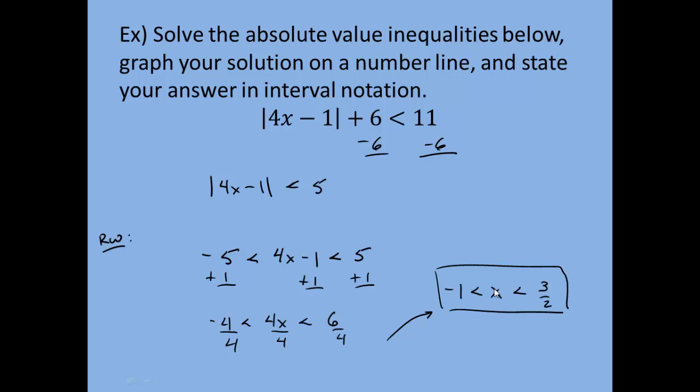Negative 1 is less than x is less than 3 halves. This also tells us to graph our solution on a number line and state our answer in interval notation. So I'll do that on the next page. So we have negative 1 is less than x is less than 3 halves. And on the number line,